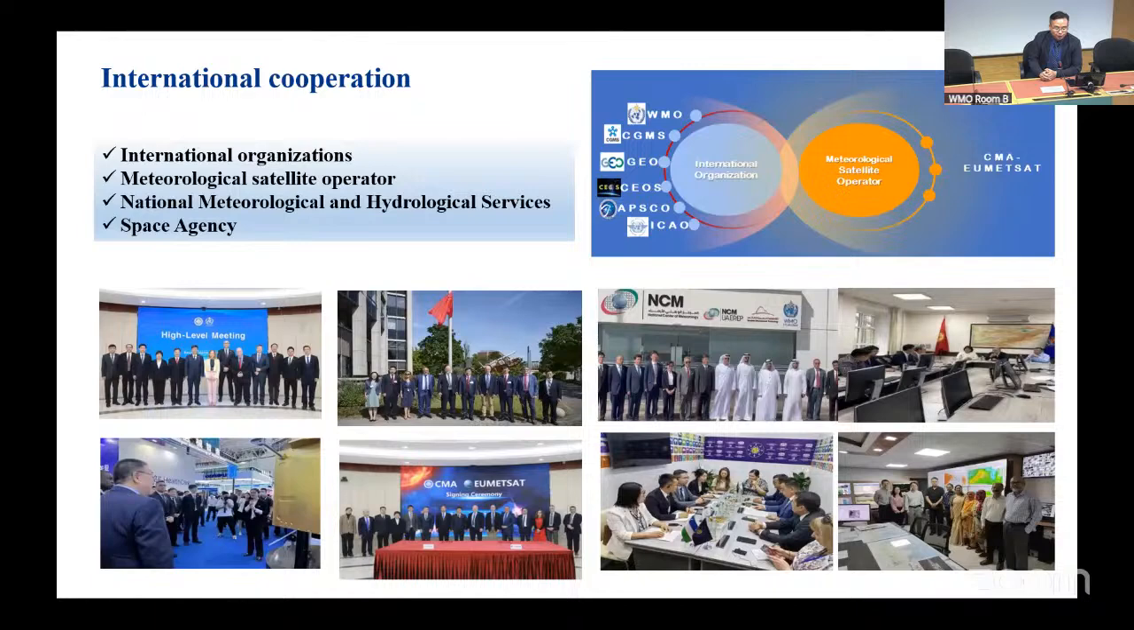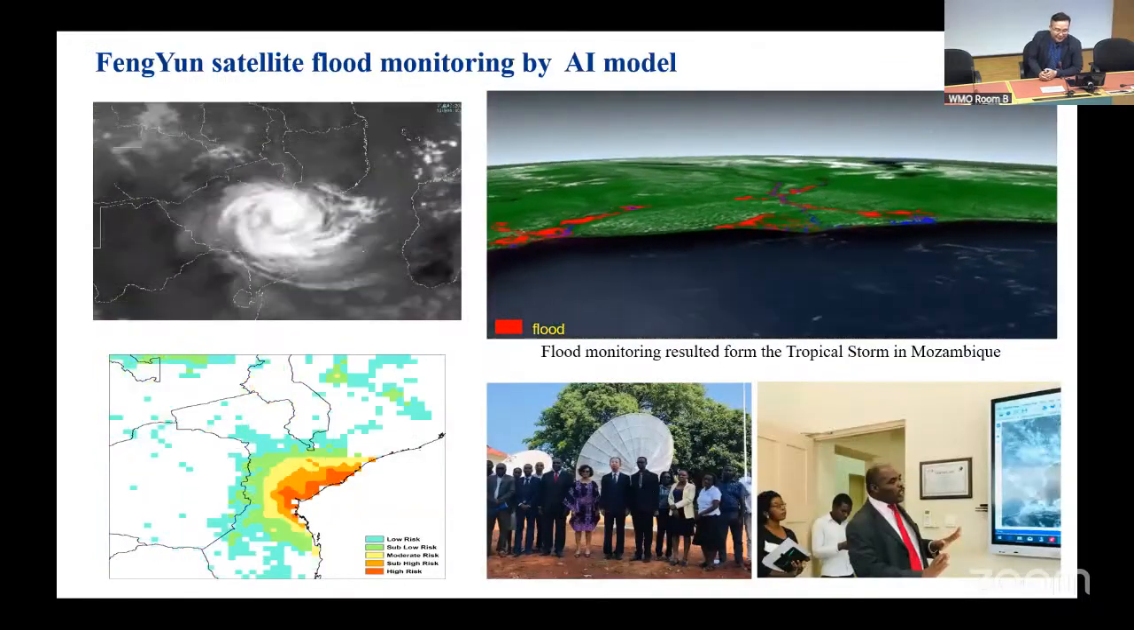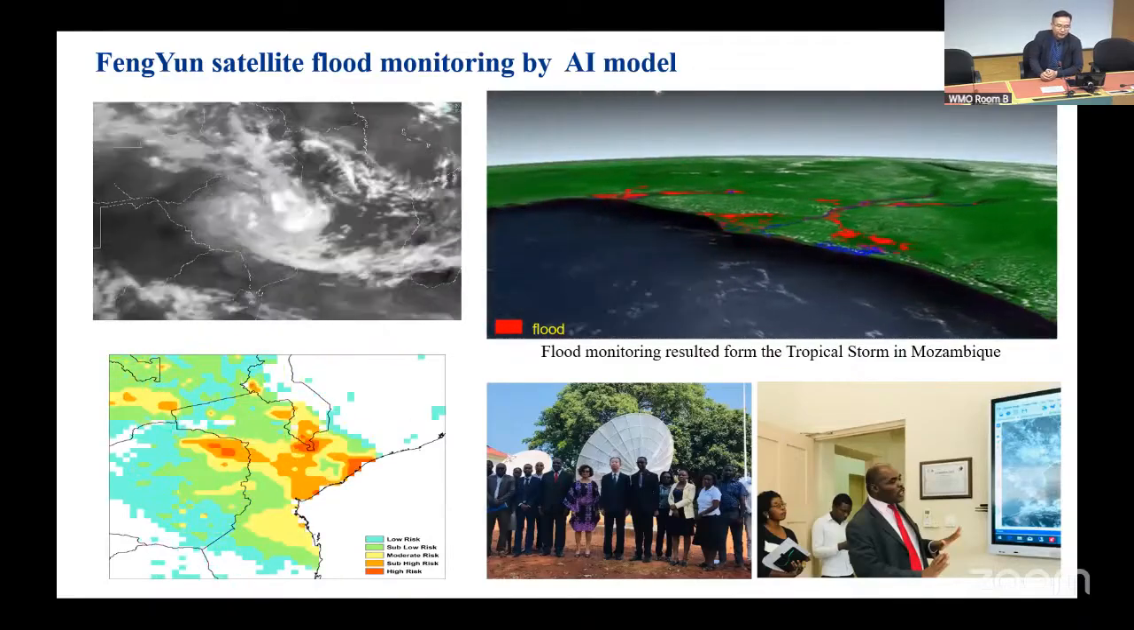And we also have lots of international cooperation with international organizations such as WMO, CGMS, GEO, and EPSCO. We also have cooperation with meteorological satellite operators and with some countries' space agencies. Next, please. Here are the cases based on the 5 pillars that use the Fengyun satellite to monitor